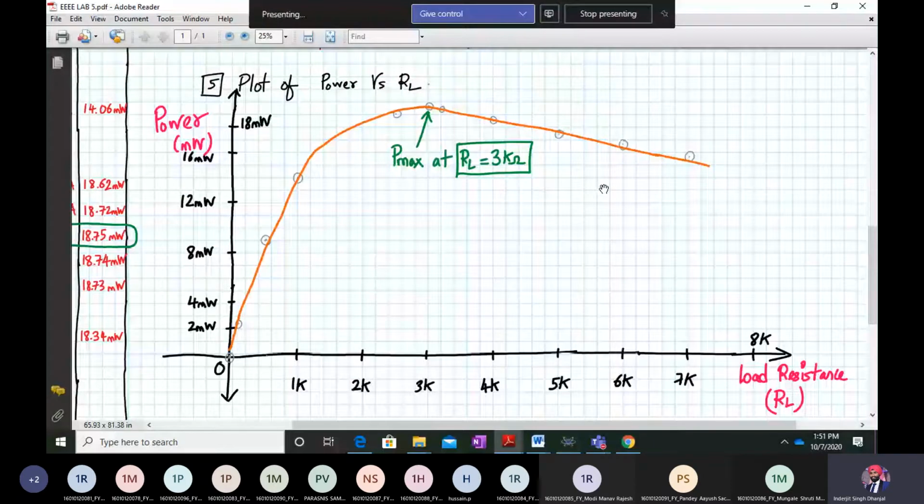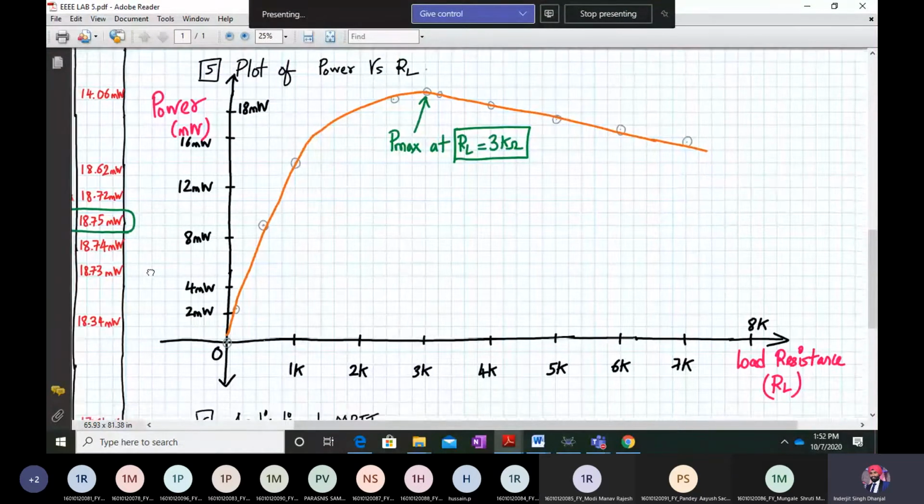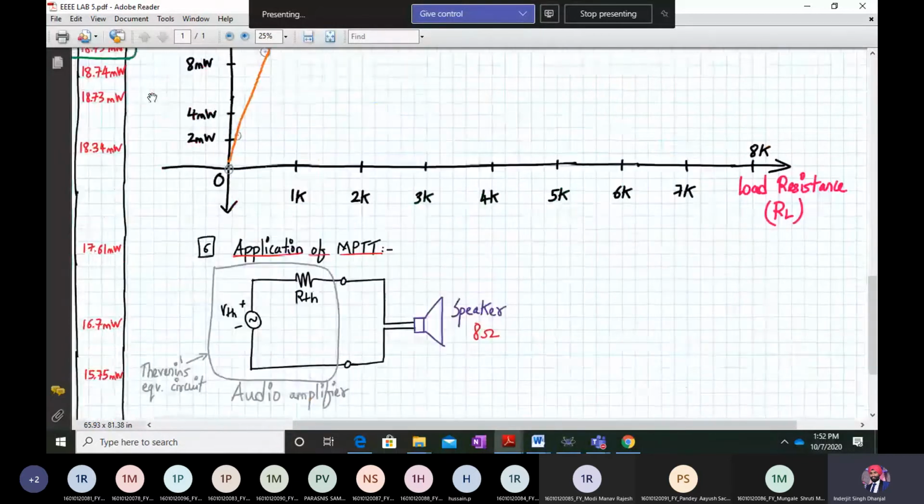Okay, any doubts in this, how to plot this? See, these are the readings unique for RS equal to 3000 ohms. The readings will change for you because here I have taken RS as 3K. For you, you have to take it as either 1K or 4K, depending upon the last two digits of your roll number. Any doubts in this? Any clarity required? Hello? Or can I proceed? Okay, I suppose there are no doubts. So you have to do it this way.